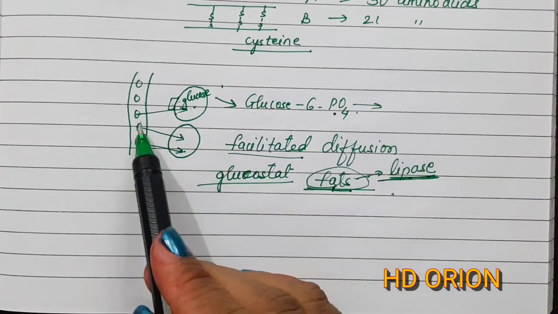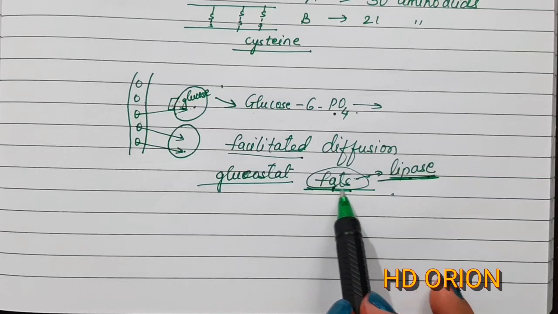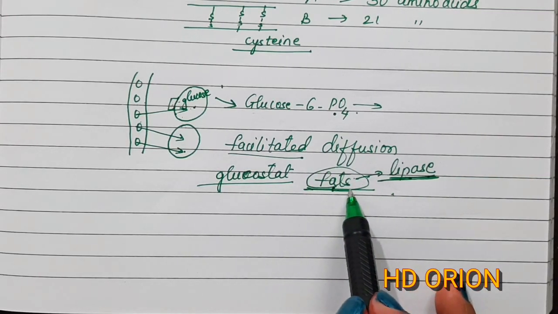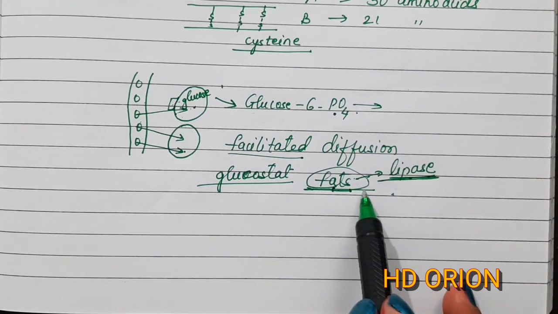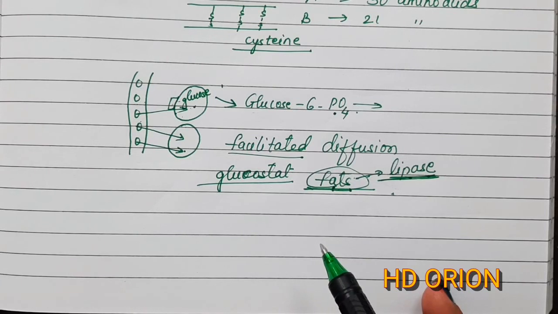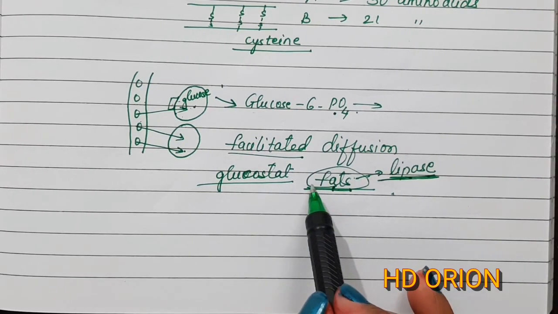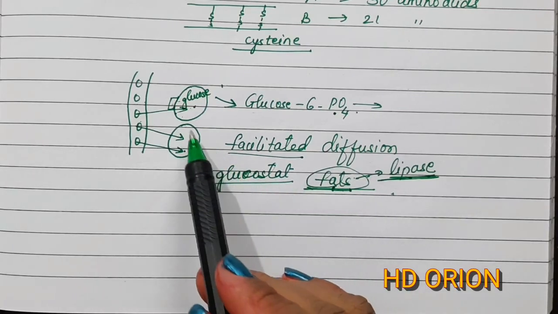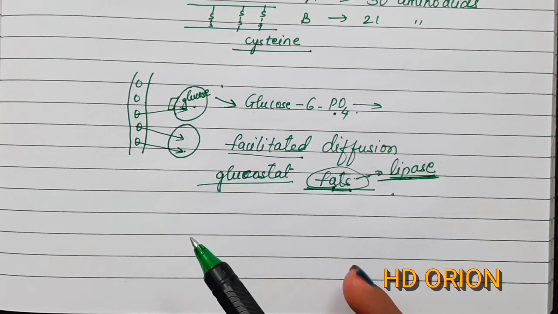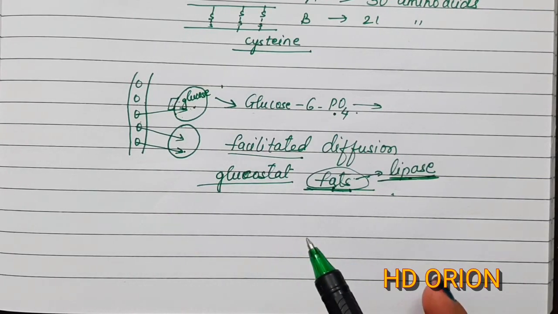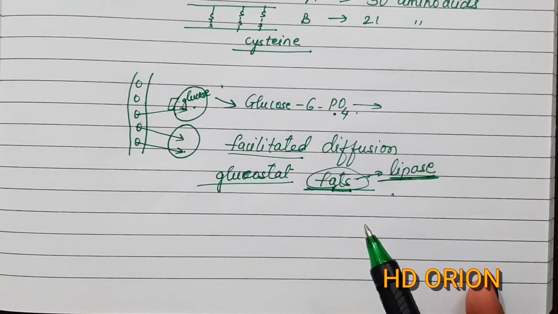But if there is lack of insulin, lipase is not inhibited, and lipase will keep on acting on the fats, and the fats will keep on digesting. And therefore, if you might have noticed, people who are suffering from diabetes usually become thin because they do not have fat in their adipose tissue, neither can they store enough glycogen in the liver or in the muscles. So this is the reason behind the thinness of diabetic patients.